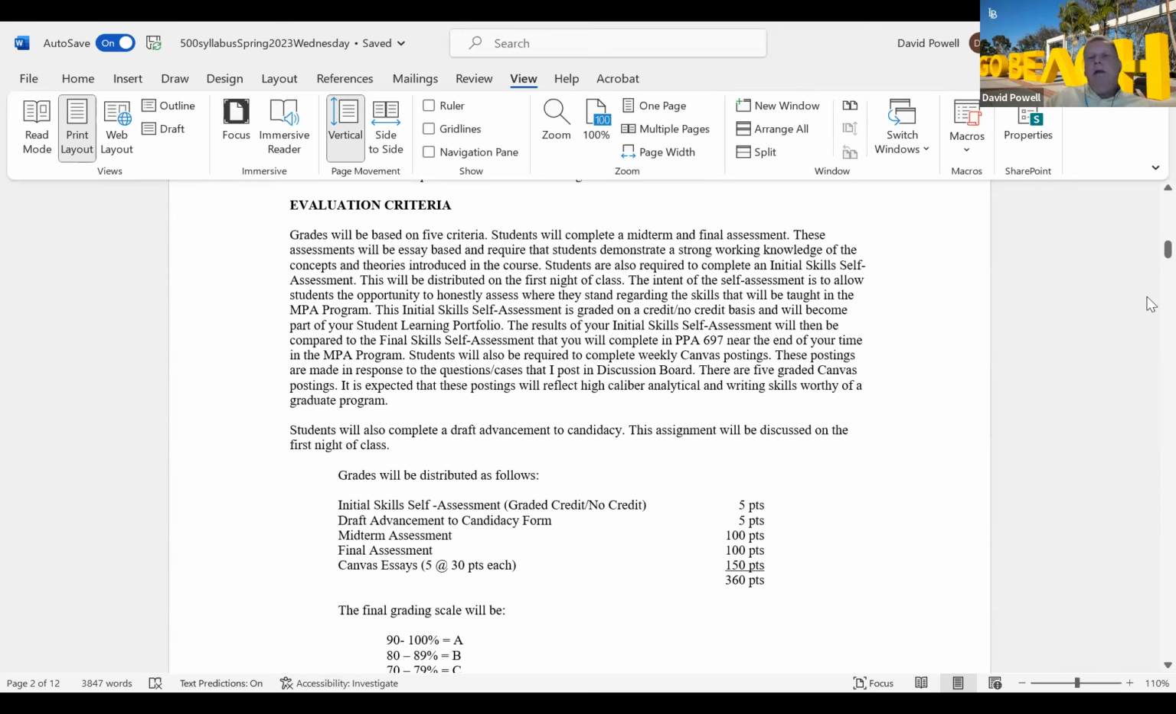You do have one discussion board post that is due for next week. That's ungraded and it's an introduction post. I know some people have already done that. And for those of you who have already posted an introduction, thank you for that. But just give me a paragraph about who you are, why you're in the course,